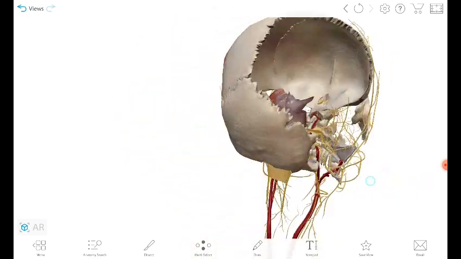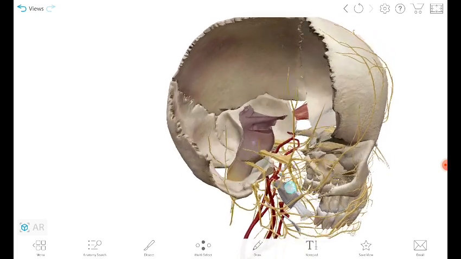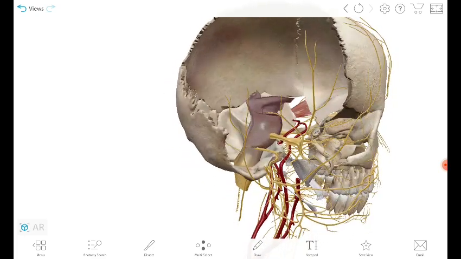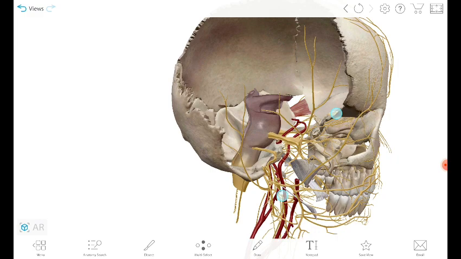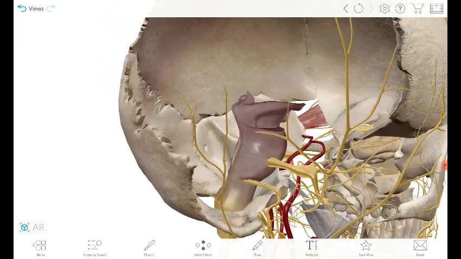and this is the left side of the skull, and in the right side I have removed the parietal and the temporal bones such that you can see the brain stem. So this here is the brain stem, this is the midbrain, this is the pons, and this is the medulla oblongata. And we can see one nerve coming out from pons, and then it is further giving off three branches,